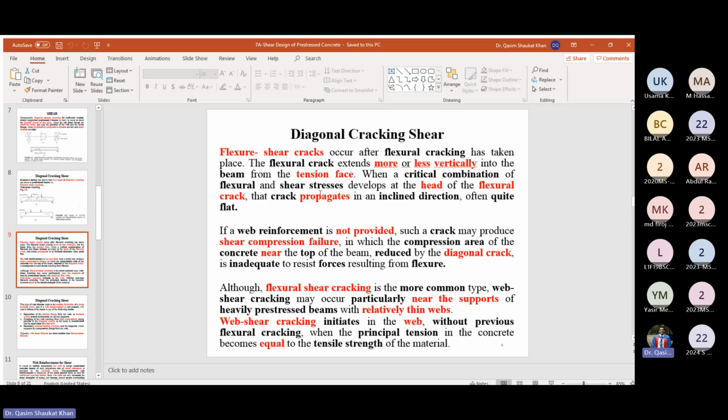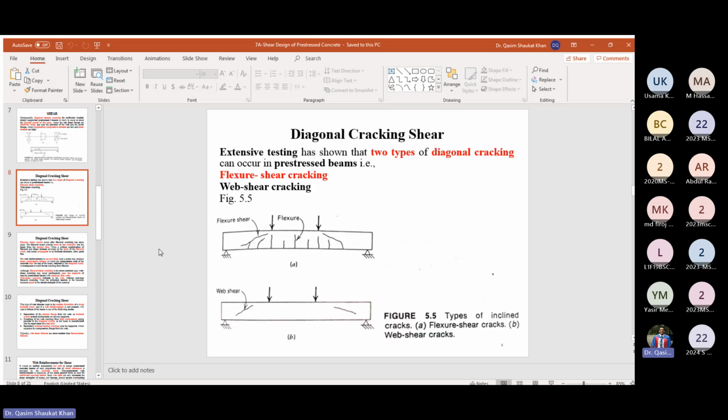That crack propagates in an inclined direction, but there is a difference in their inclination, so often quite flat. Now if we see over here, this is the web shear crack. The web shear crack is almost 45 degrees to the